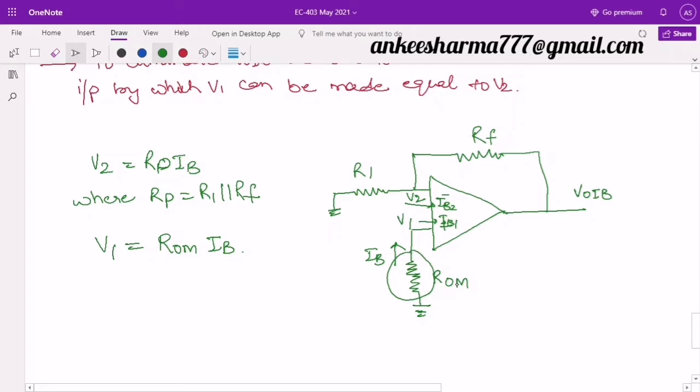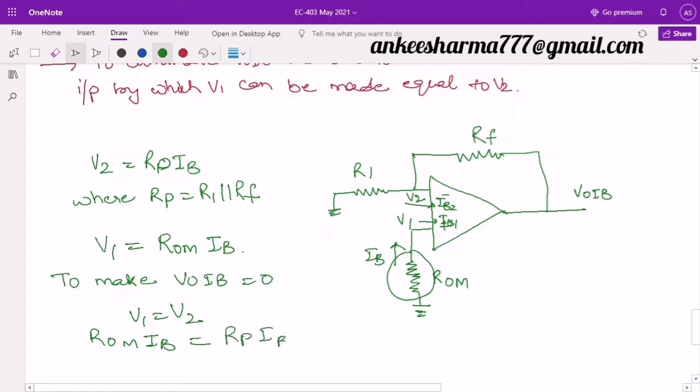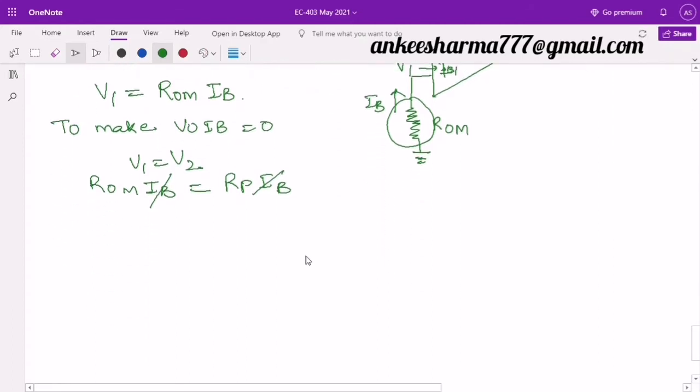Now to make my VOIB equal to 0, can I say that V1 must be equal to V2? V1 is ROM into IB, V2 is RP into IB. So from here you can say that ROM must be equal to RP,